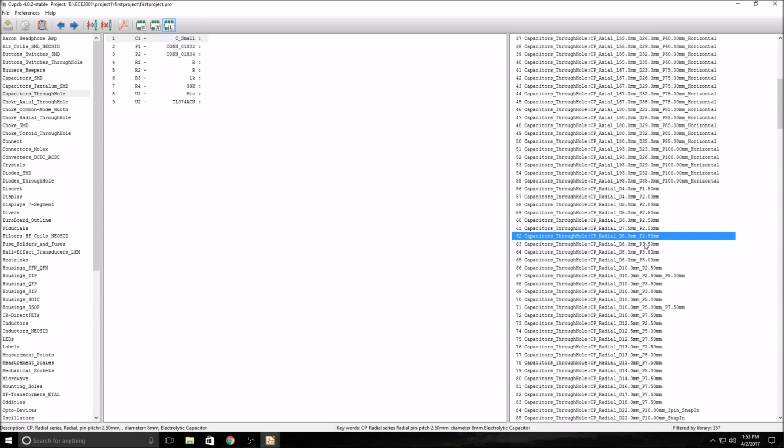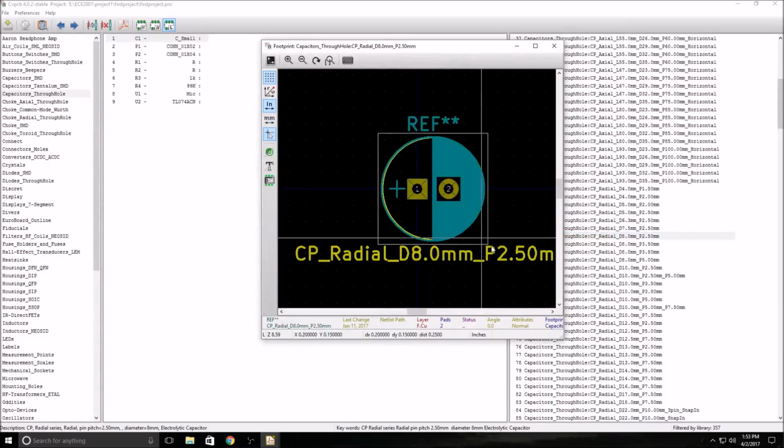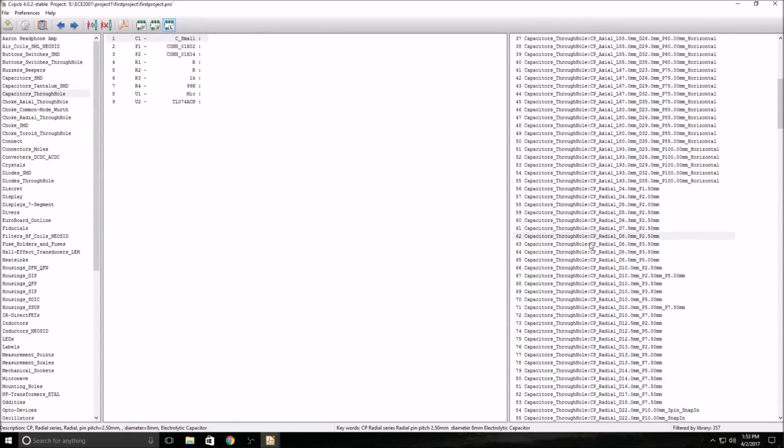This is a pretty standard size for capacitors. We can look at this one. We can then double click on this because this is what we want for this capacitor. Again, this will change depending on which one you want. So we added our capacitor, it shows up here. Let's add our